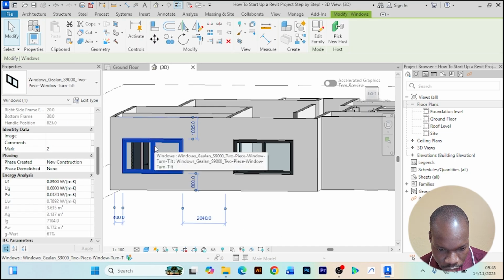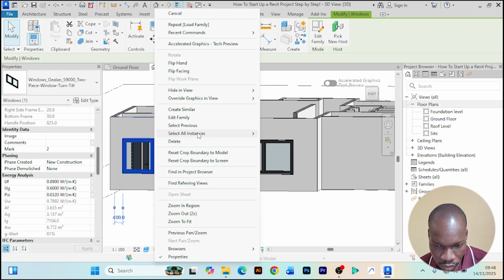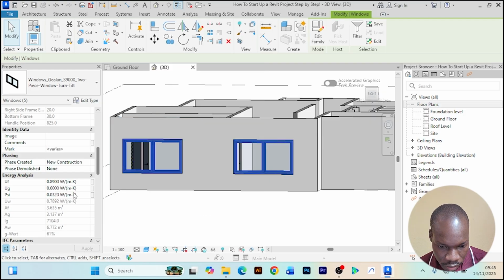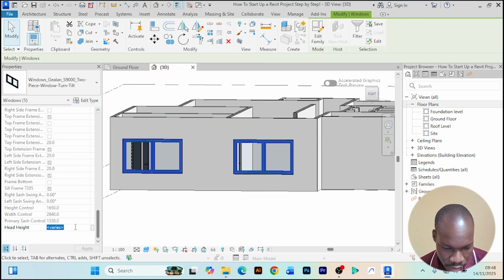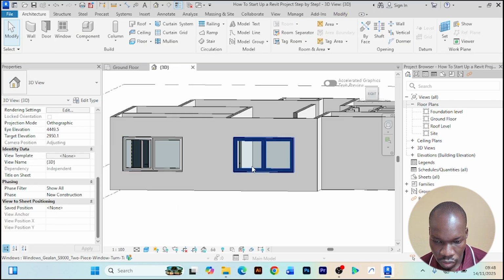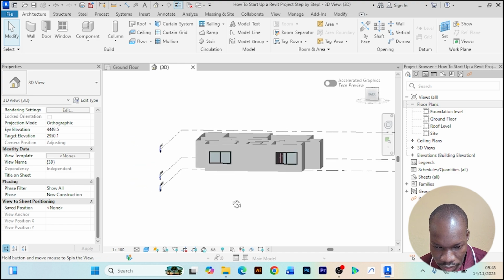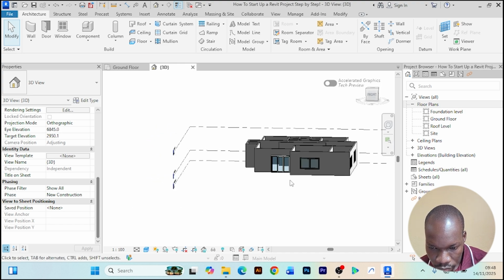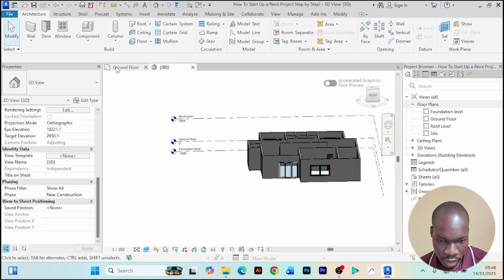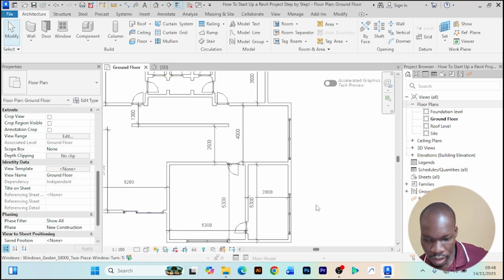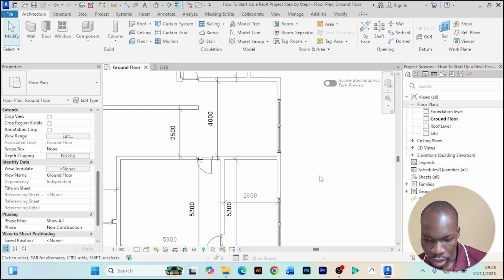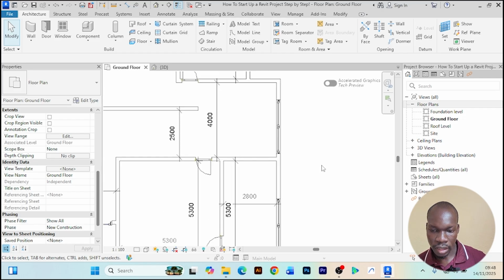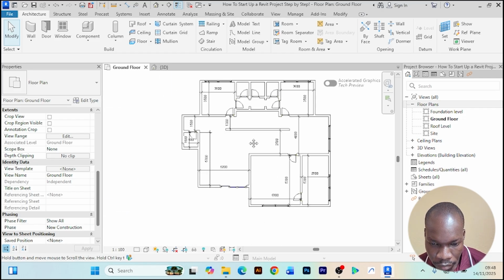So this, right click, select all instances in the entire project. You come and change their head height to 2.5, just like that. So all the openings are supposed to have the same head height, simply like that. So I've basically placed windows in areas where I feel these windows can fit because they're large